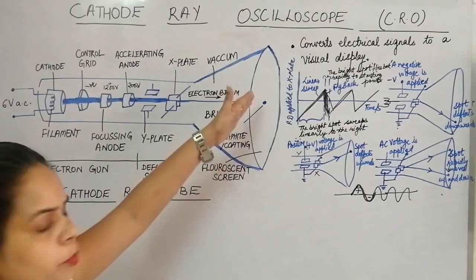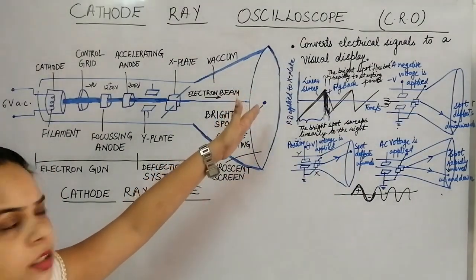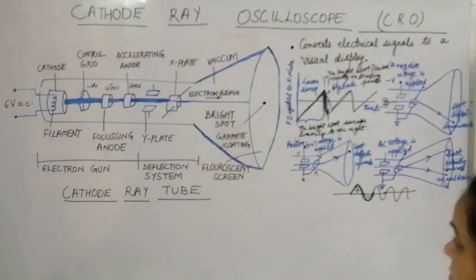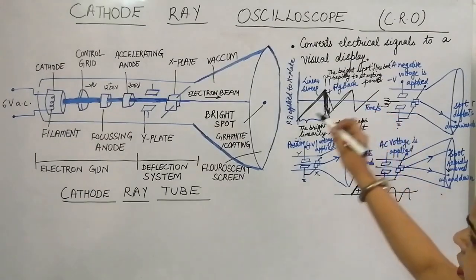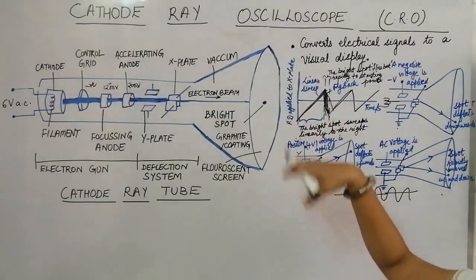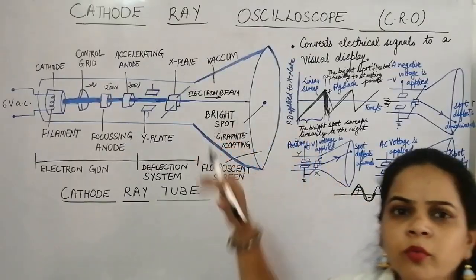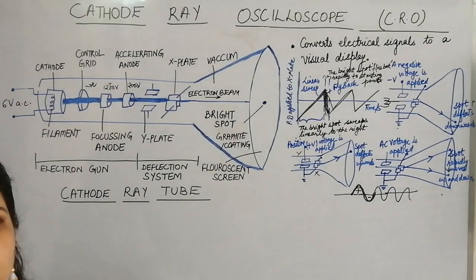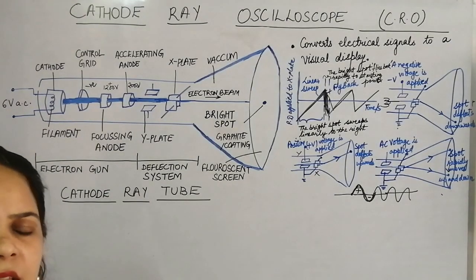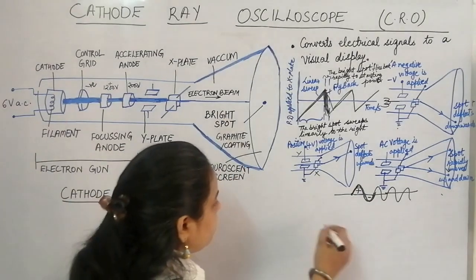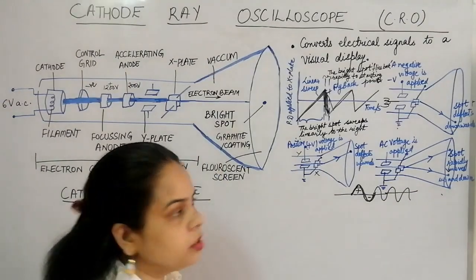And this is the graph of the potential difference applied to the x-axis versus the time, where time is taken in seconds. So I think you are clear that when we apply the voltage to the y-axis, the spot will move up and down, and when we apply the voltage to the x-axis, the spot will move left to right, and when we apply both, the spot will move up and down as well as forward and backwards. So there would be a signal created.